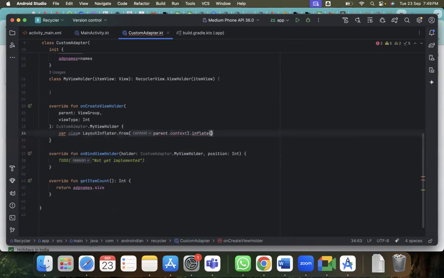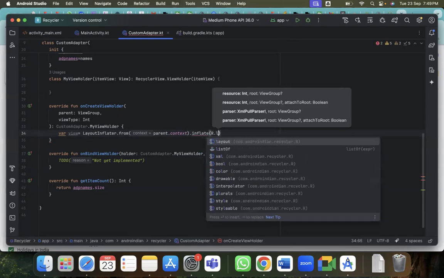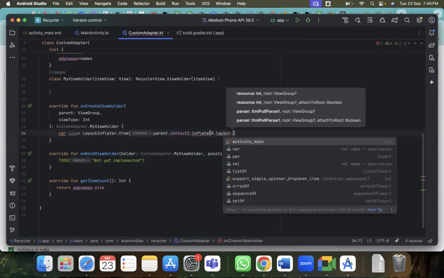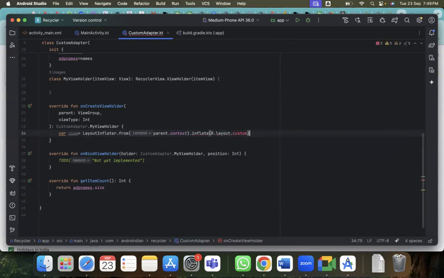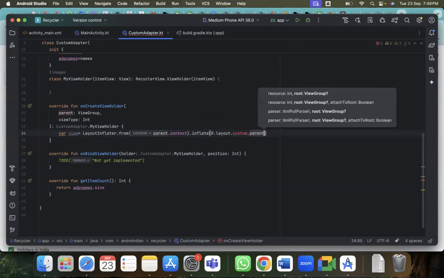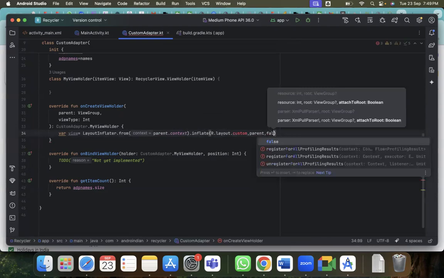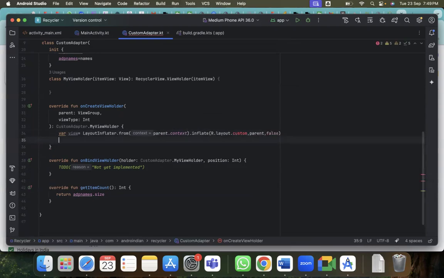So that is inflate R dot layout dot. So here we have to create one custom XML. So with this XML, whatever it is coming, we are replacing with that. So with the parent it will replace, and attach to root it should not be here, so you can use false. So it will replace by that view, right? So for this now we have to return as